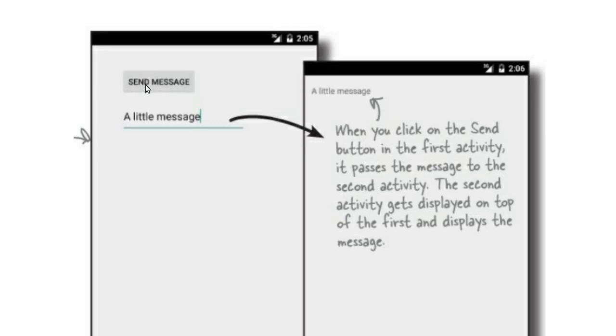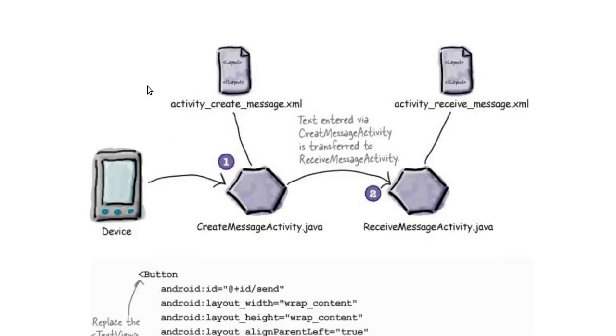We also have to define these two activities in the AndroidManifest.xml file, because it is a configuration file, and I have already mentioned that without adding the activity inside the AndroidManifest.xml file, Android is not able to understand how many activities you have in your application. That is a must thing that you have to define under AndroidManifest.xml. So we have two activities, and similarly we have two XML files.